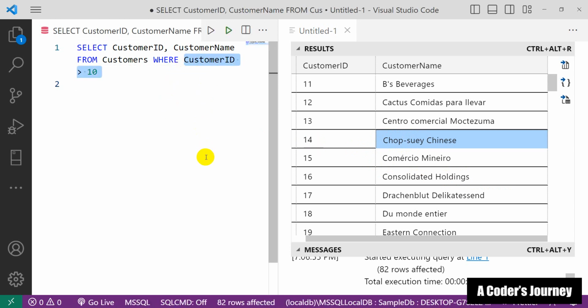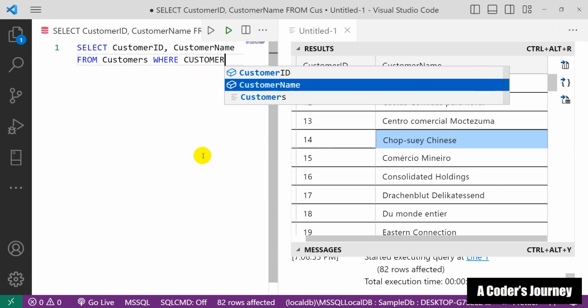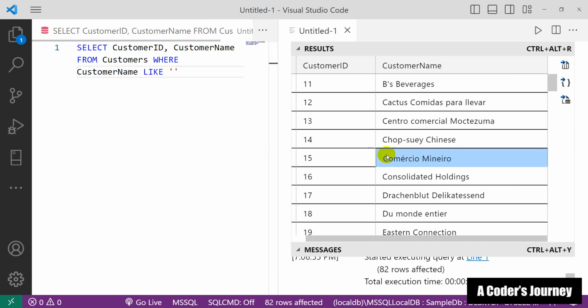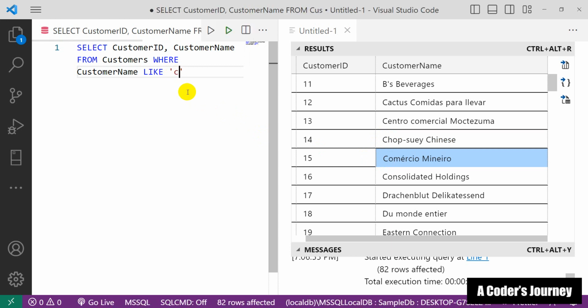In order to do that, we can take advantage of the LIKE operator. So here I'm going to say WHERE customer name LIKE, and then I specify the pattern in single quotes. I told you I want the customers whose name starts with C and then ends in O. And between these two characters, any number of characters might exist, and that would be okay. I don't care about the number of characters or the characters that exist between the first character and